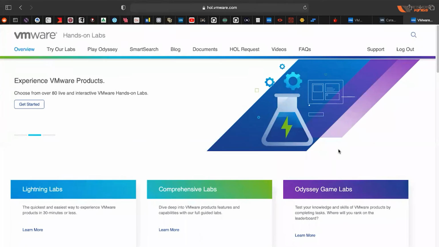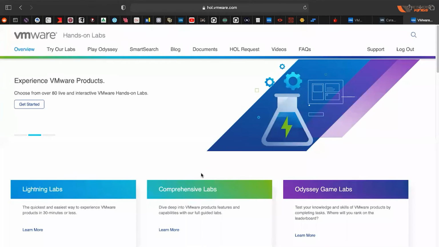You don't have to worry about how much compute resources are there in your system. Your system should only be able to provide you access to a browser, and once you have a browser, you will be able to use these labs. You just need a good internet connection. That's it, nothing more than that.